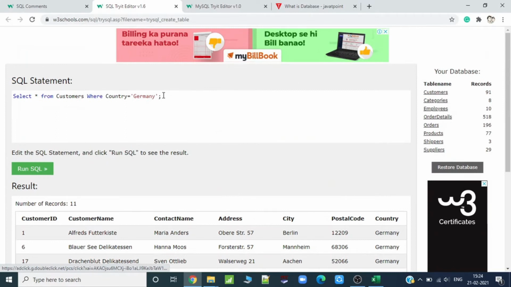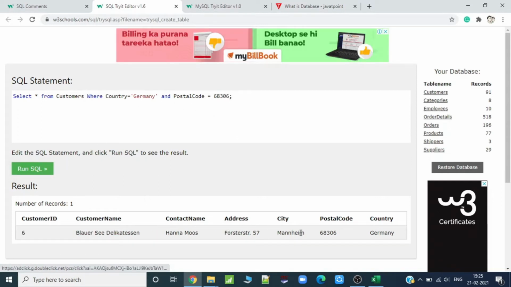If I want any other country also, like Brazil, I will just put AND. Before this, I would put the postal code, if postal code is 68306 and postal code equals, now because it's a number, 68306, no need for passing any single quotes.